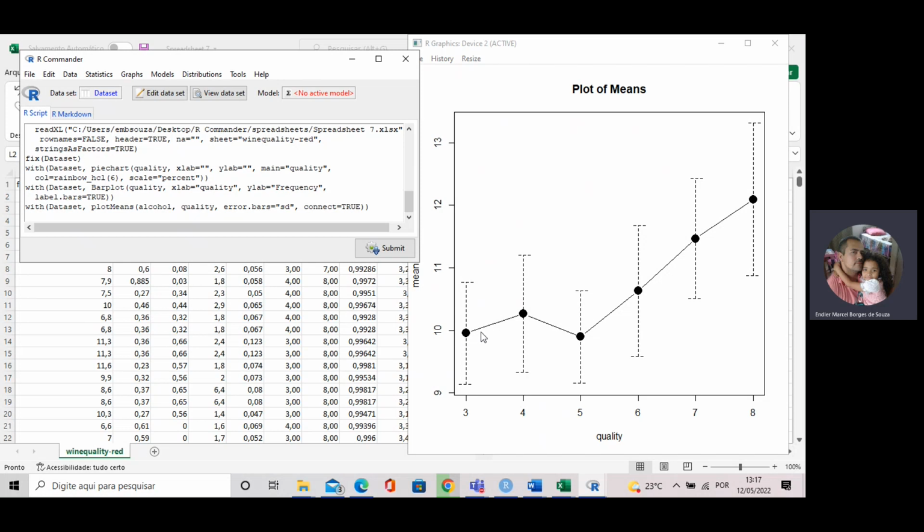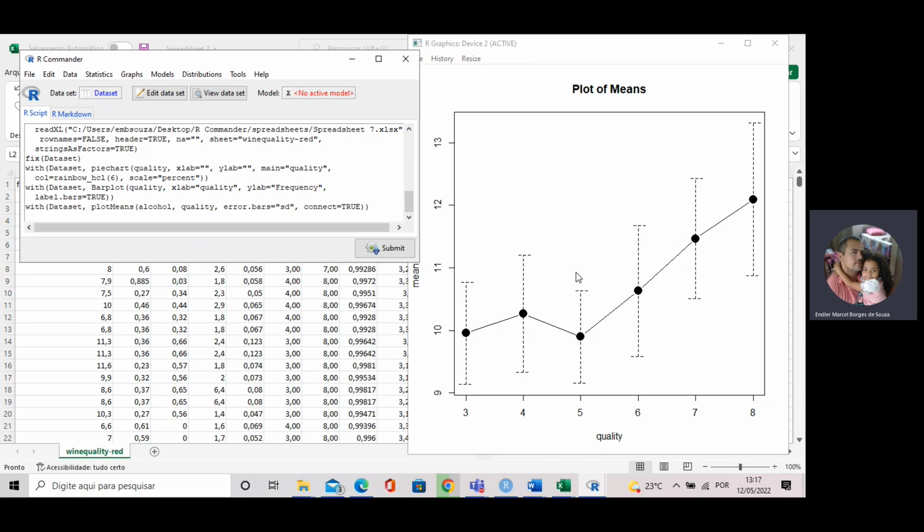See that quality 3, 4, and 5 have less alcohol than quality 6, 7, 8. And you have a trend. Increase the ethanol content, increase the quality. But we have large standard deviations, and it shows that it might be hard to differentiate red wines according to